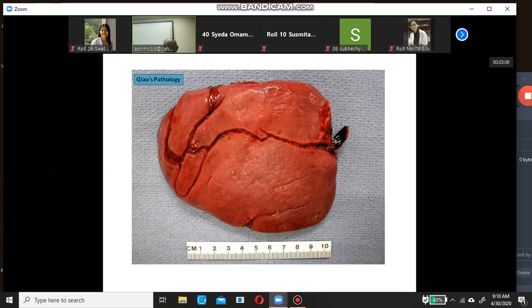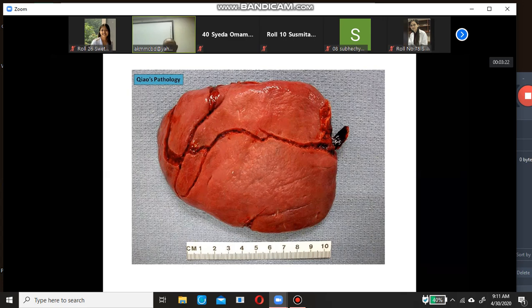Then this is a specimen of spleen, and you can see the tears on the surface of the spleen. There are multiple tears. This is the splenic injury.